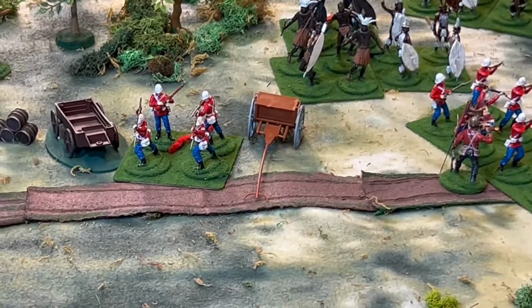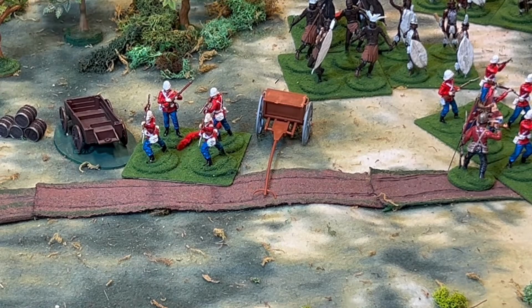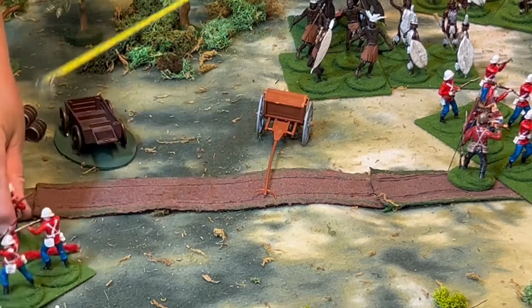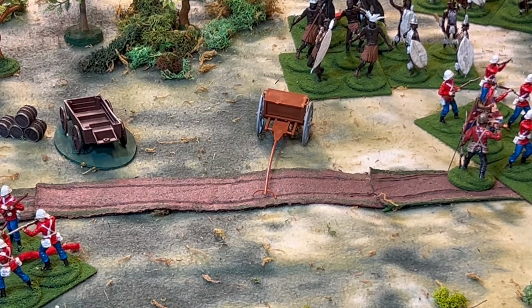And that unit has failed to rally. So I don't know how it's possible. I have 5 tape measures on the table, and they're all sitting pretty much in the same area. Those figures are still running,